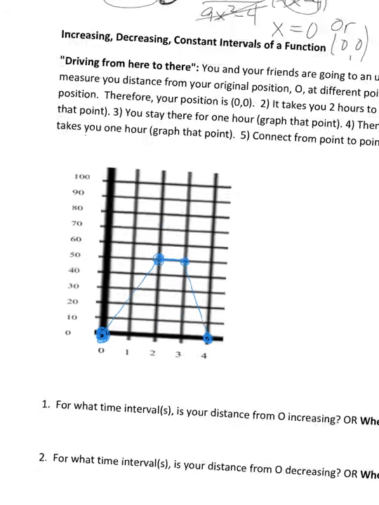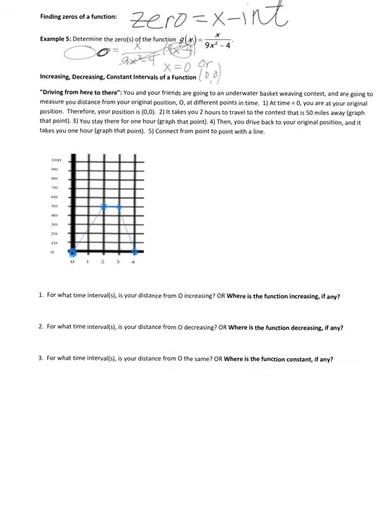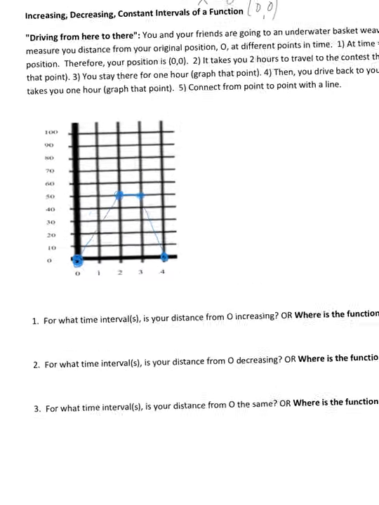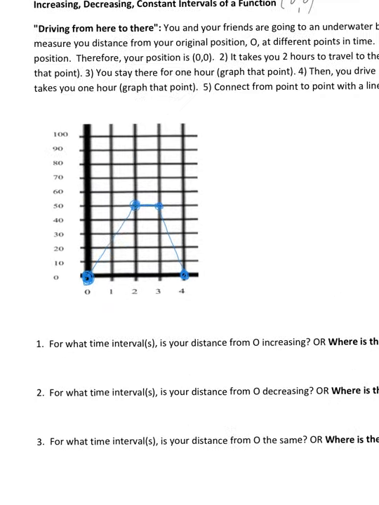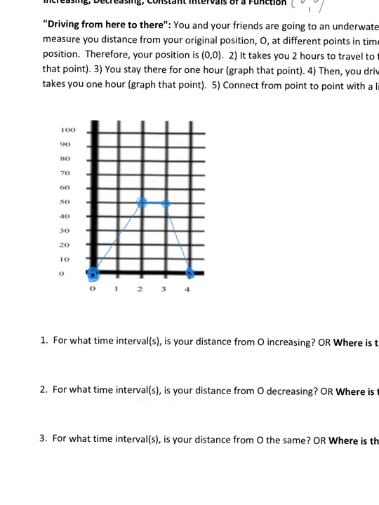And now what we're going to do is answer the questions. For what time intervals is your distance from O increasing? That is the same question as where is the function increasing, if any. So the question, for what time intervals, what x values are the y values increasing? So from here to here, our distance from home, our position O, is obviously increasing. So this is an interval from the time of x of 0 to the time of 2, our y values